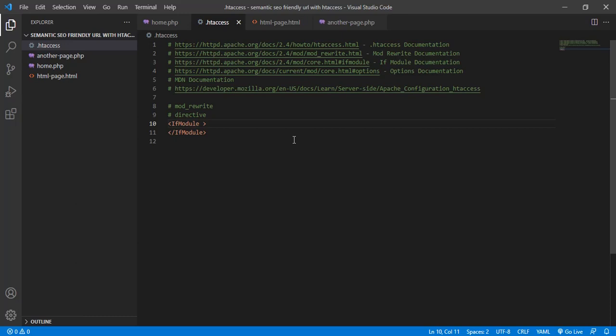Okay, so now the mod_rewrite is going to work if it is allowed in the main server configuration file, but it is always allowed. It is always allowed in all server configuration files. Okay, now